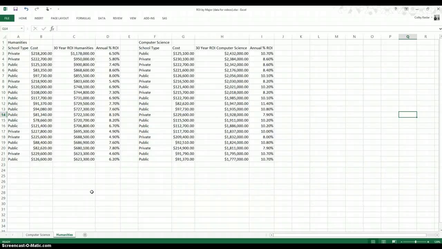Okay, I am going to perform a hypothesis test for a difference between two population means where the sigmas are unknown for each population. So I've got my two sets of data, the humanities and the computer science, and I'm interested in this 30-year ROI for humanities and for computer science. And perhaps I will hypothesize that the 30-year ROI for the humanities is less than the 30-year ROI for the computer science. So to do this, to perform this t-test, or to perform this two population mean sigmas unknown hypothesis